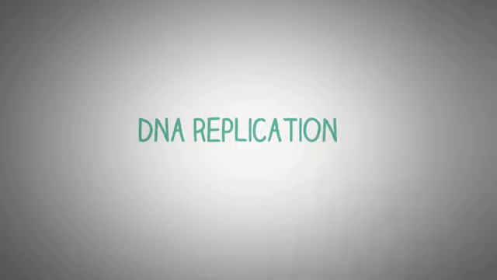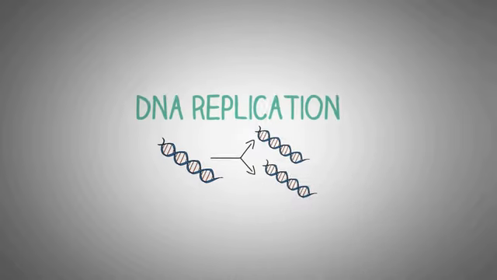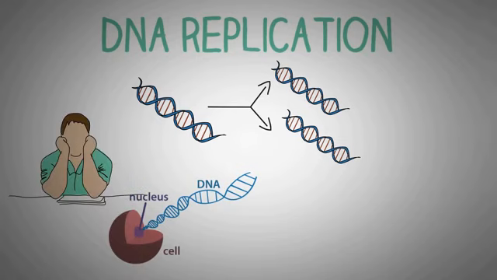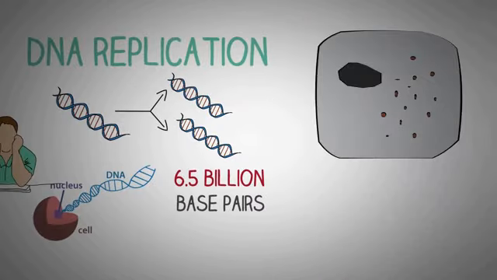In this video, we will study about the DNA replication. DNA replication is the biological process of producing two identical replicas of the DNA from one original DNA molecule. And as simple as it may seem, it is one of the most complicated biological processes and involves the accurate copying of almost 6.5 billion base pairs in a complete set of DNA during each cell division.